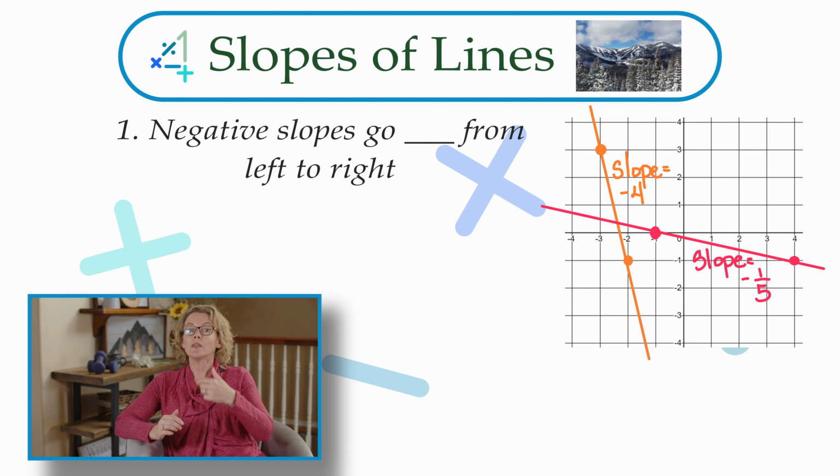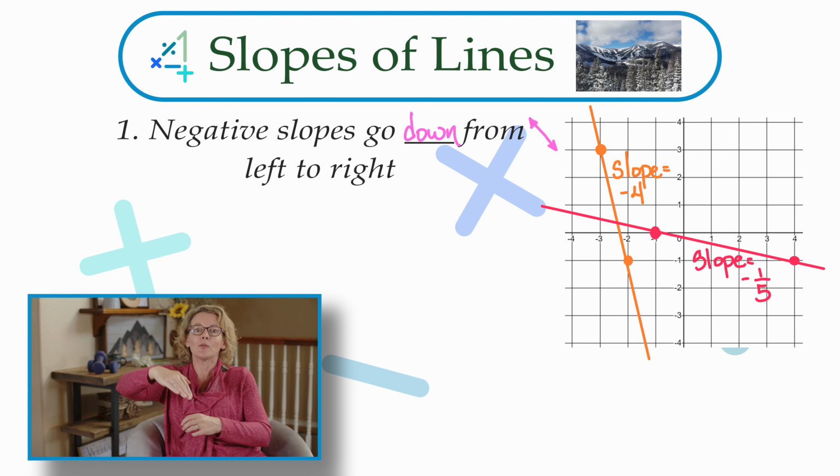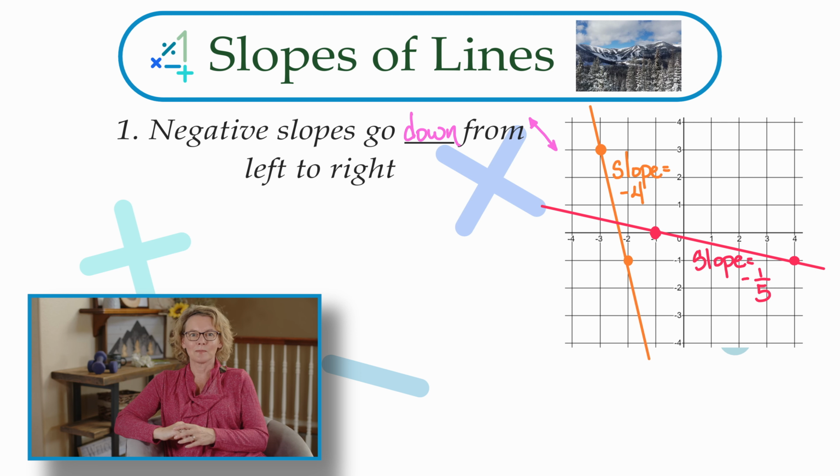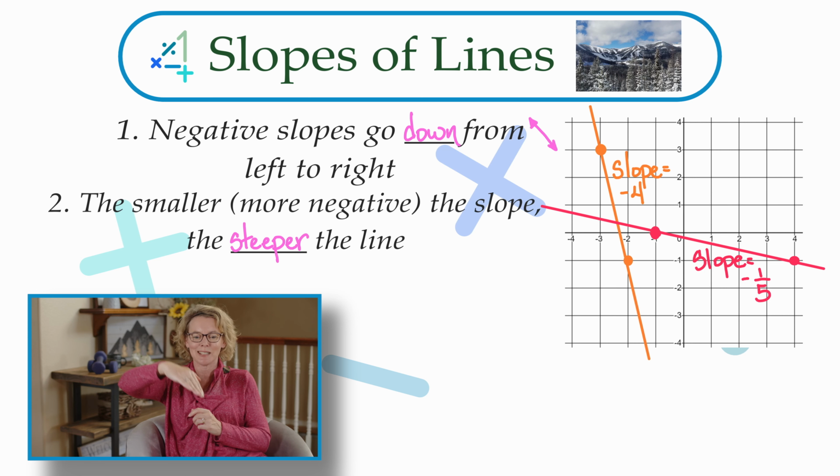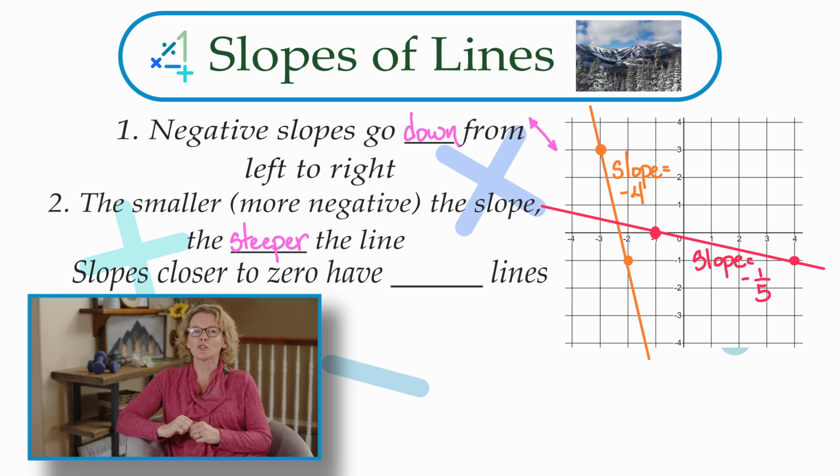Negative slopes, like in these two lines, go down the ski slope, as you're reading a book, they go down. The smaller the slope, as in more negative, like -4 orange versus the -1/5, the steeper. The closer to 0, the flatter the line. As you can imagine,